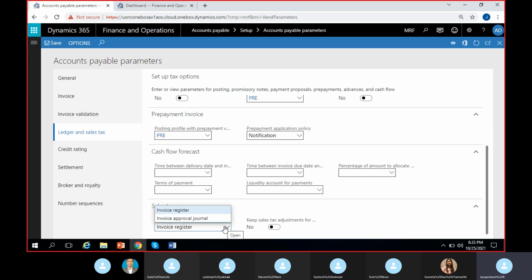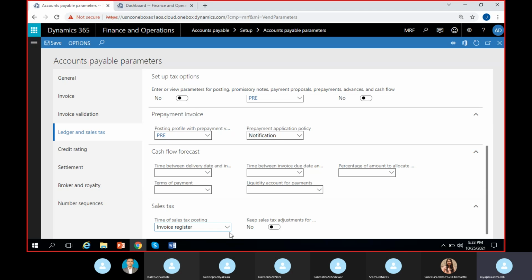When sales tax has to be calculated, we have a process in accounts payable, which normally most of them do not follow: vendor invoice register, pool and approval process. So it is also the same as the invoicing process. If time permits, I will show you that one as well. In that case,